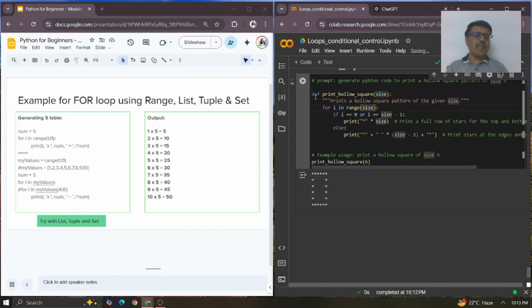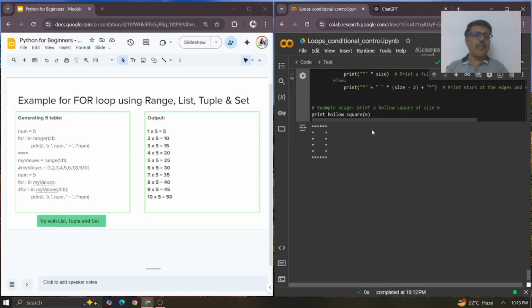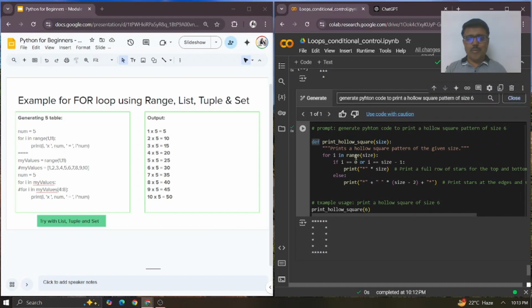Tomorrow if I change it, because it's creating it as a function. Anyway, we will be learning that function in a later part. Okay. And then you can see for I in range size, and if I equal to 0 or I equal to size minus 1, then you print the value, because only here you need to print the value, right? Else print whatever line you are writing here, and it also gives you an example output. Okay, so like this, instead of you doing all the code,